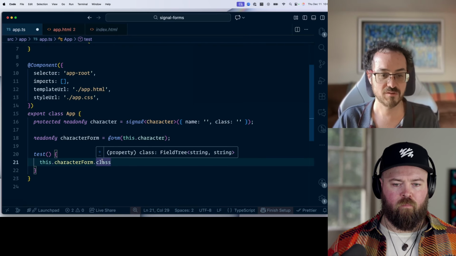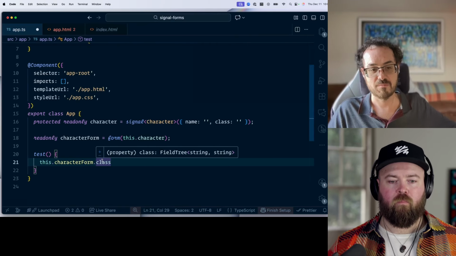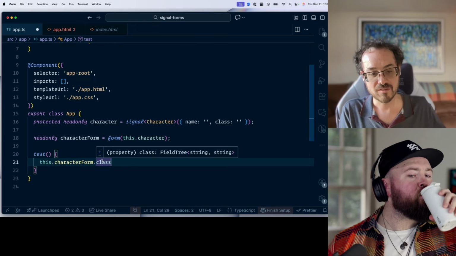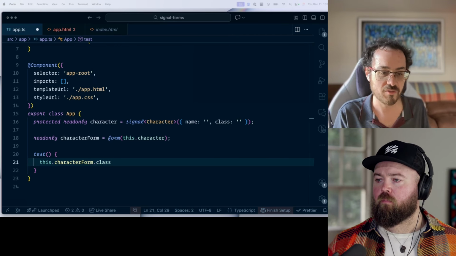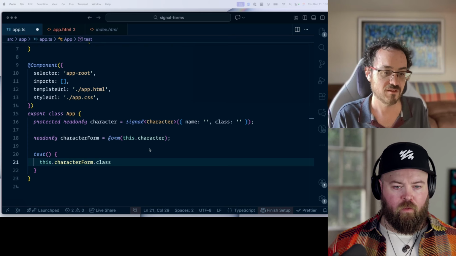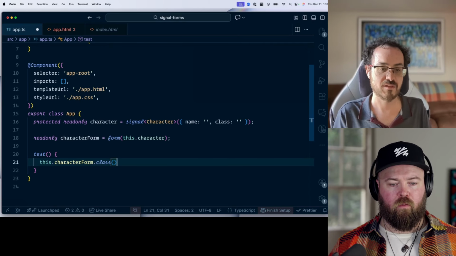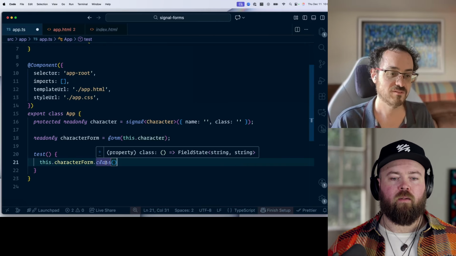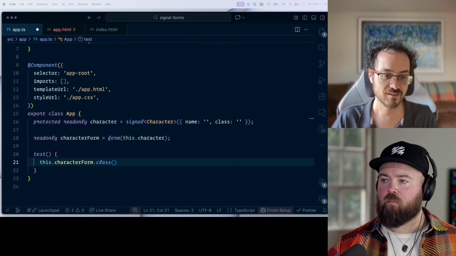that is what Signal Forms calls a field tree. So essentially we're using a proxy to give you an object that's the same shape as your model, but that has fields inside of it instead of raw values. And so if you call this function dot class, right? Remember Angular uses function calls to signify a signal read. Right. Now what you get back if you dot that in autocomplete,